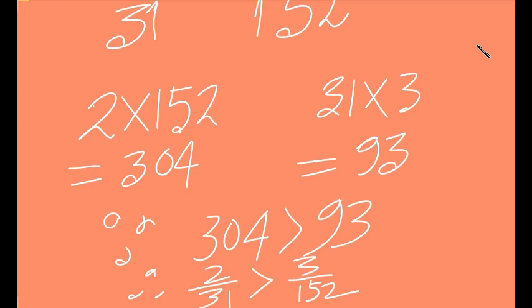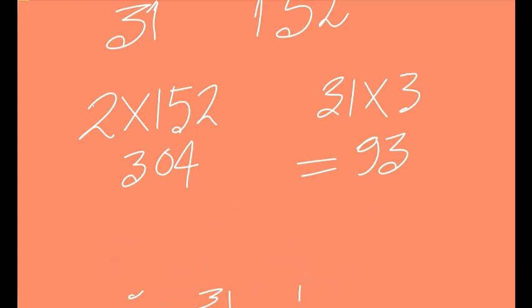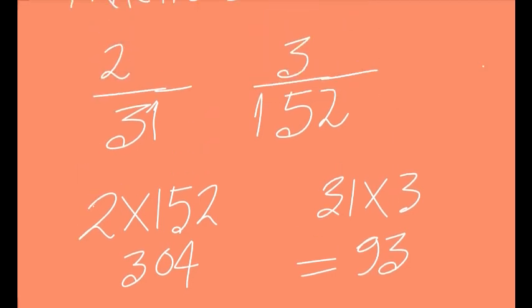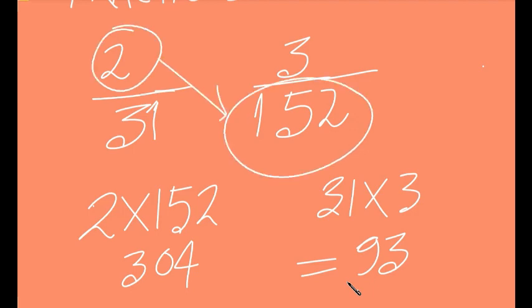Now what if this was less than? If we multiply the numerator of the first fraction and the denominator of the second fraction, and if we get it less than the multiplication of the other two, then less than, and if it is equal, then equal, right? No problem, it's quite easy. If it is less than, then less than. If it is equal, then equal. If it is greater than, then greater than. Just put it, no problem.